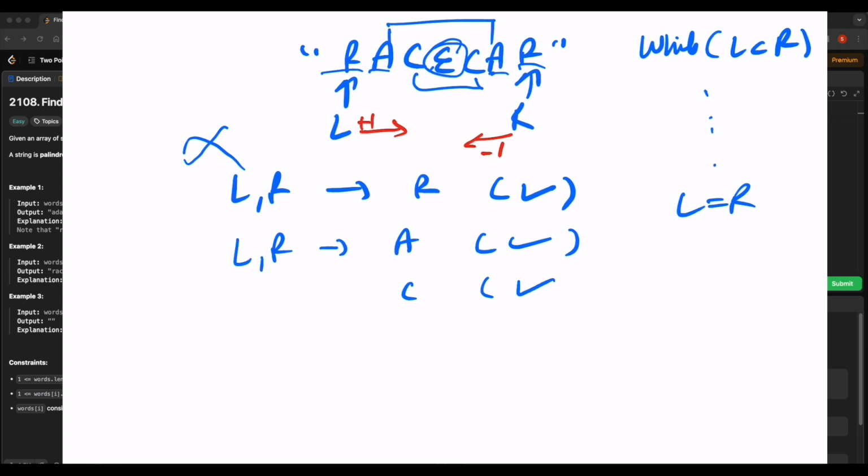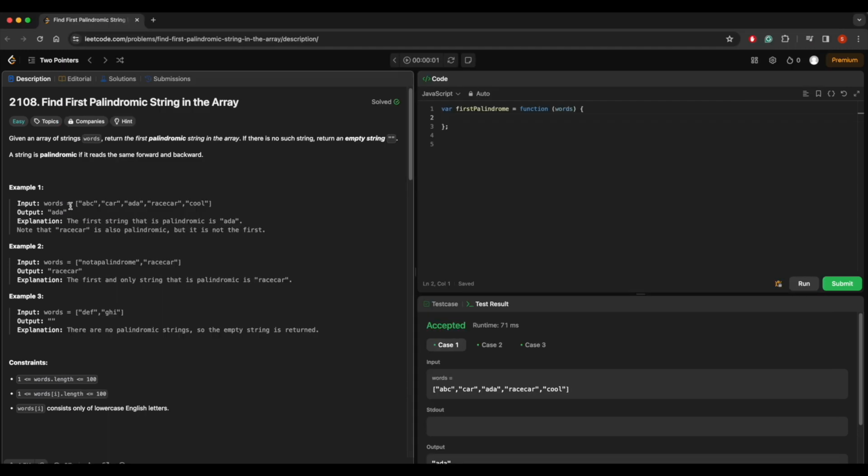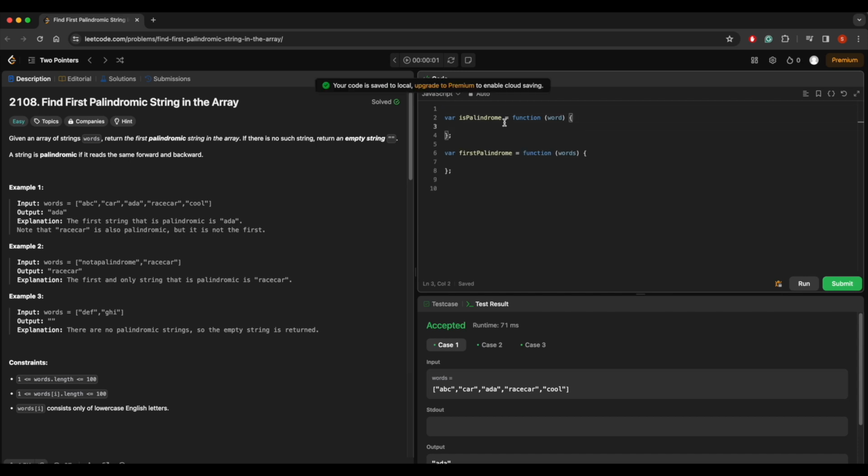So now we will see how to code this problem in JavaScript. In the question, they gave us an array and we need to find the first palindrome, right? So first of all we need to create a function that will check if something is a palindrome or not. So let's create that. This is the function. In the two pointers method, we will need a left value, so we'll make left 0 and let's make right equal to word dot length minus 1, and now we need our while loop. So while left is